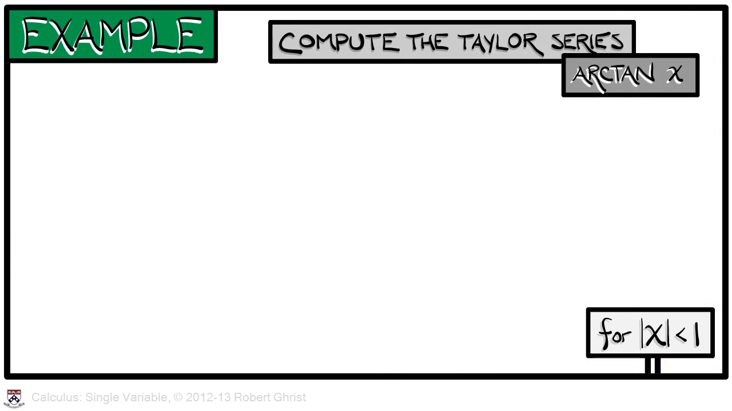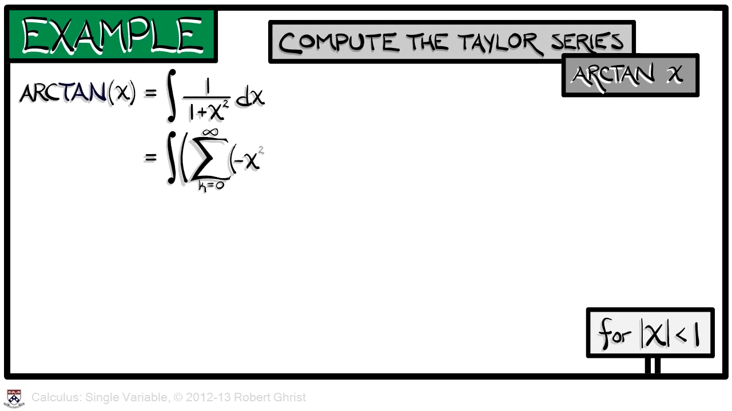Let us consider another example, this time the arctan function. One of the things that you may recall is that arctan has as its derivative 1 over 1 plus x squared. So we can integrate this to obtain arctan. You will notice also that 1 over 1 plus x squared can be represented as the geometric series of negative x squared, so that we can integrate the sum of (-x^2)^k,